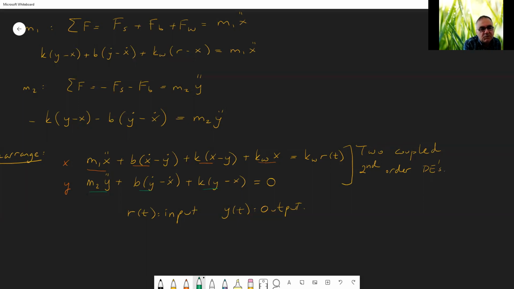If the x equation has negative x terms in it, you should be suspicious, because it means that the system is unstable, basically. And usually it means that probably you have made a mistake in deriving the equations. The most common mistake in deriving these equations is sign errors. You put positive instead of negative, negative instead of positive. So you should be aware of this fact that